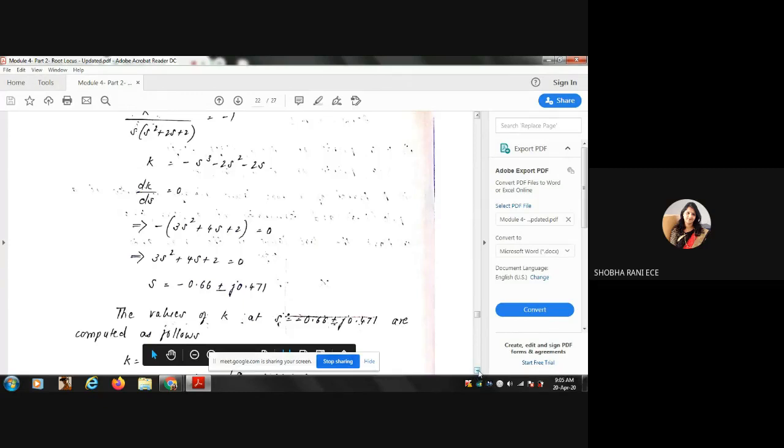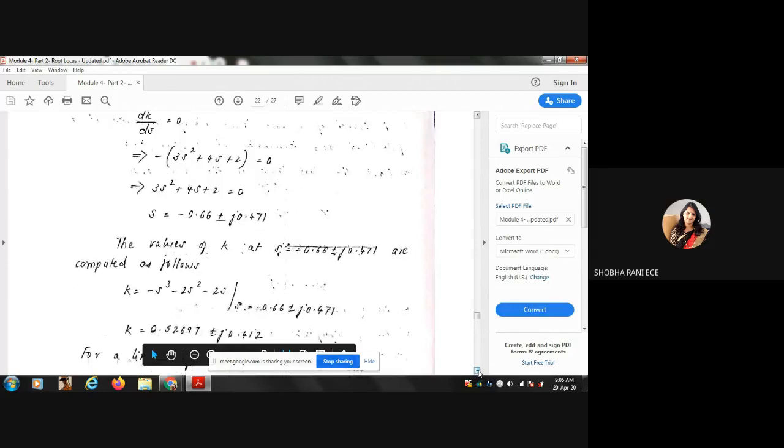Now there is one more technique to check whether it is a breakaway point or not. We already have the equation for K here. Substitute the value of s that you have got into this equation. If the point is a breakaway point, then the value of K you get should be positive. For the previous problems you can also check, but since there was no necessity, I did not tell you. To check whether the point is a breakaway point, substitute that value of s in the equation for K. If you get K to be a positive number, then that point is a breakaway point.